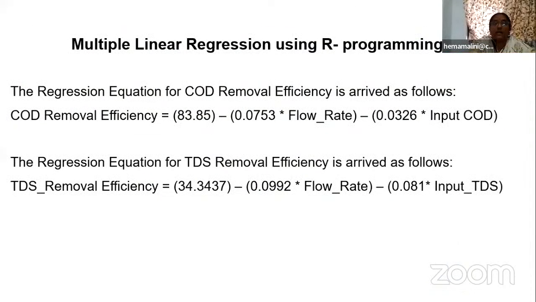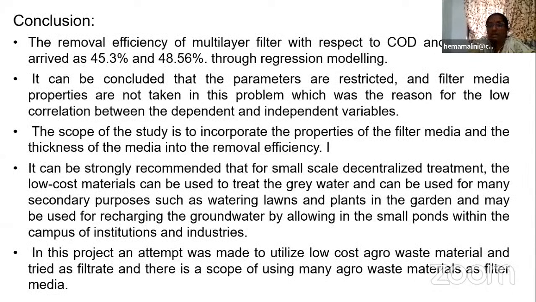Again, as I already told you, the correlation for the COD removal efficiency uses only these parameters, the input of TDS and also the flow rate. This is the correlation equation. We got it from the R program when we input the independent and dependent variables. So that is our conclusion. We got 45% to 50%, that is 48.5%, because here we have only taken